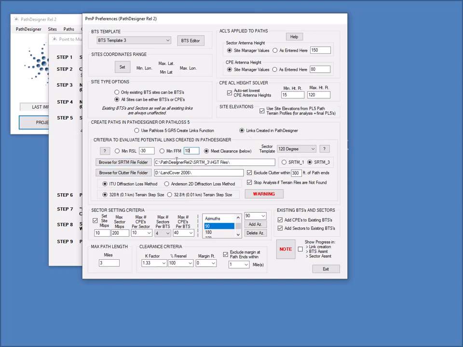have to point it at the terrain files and the clutter files. So these are the folders. And currently Path Designer supports SRTM terrain files and the USGS land cover data files. We can exclude coverage, or rather clutter, within a given distance of the path ends. We can stop if we don't find the files, and we can choose the diffraction method we want, either ITU